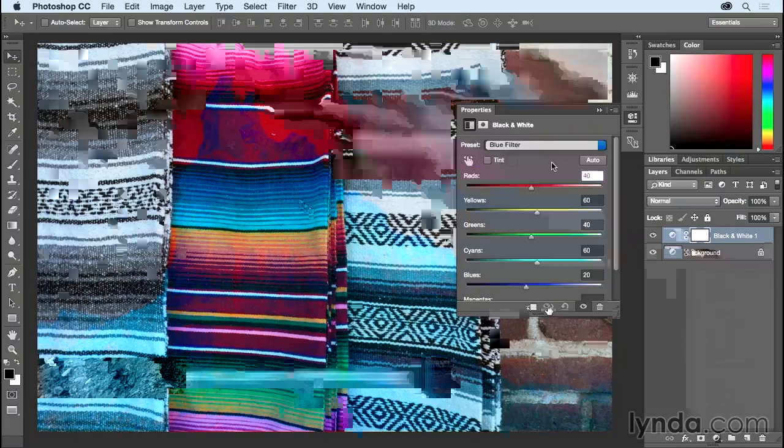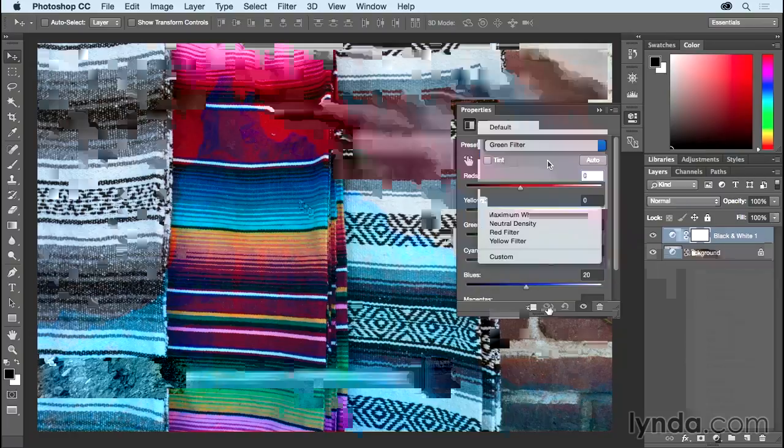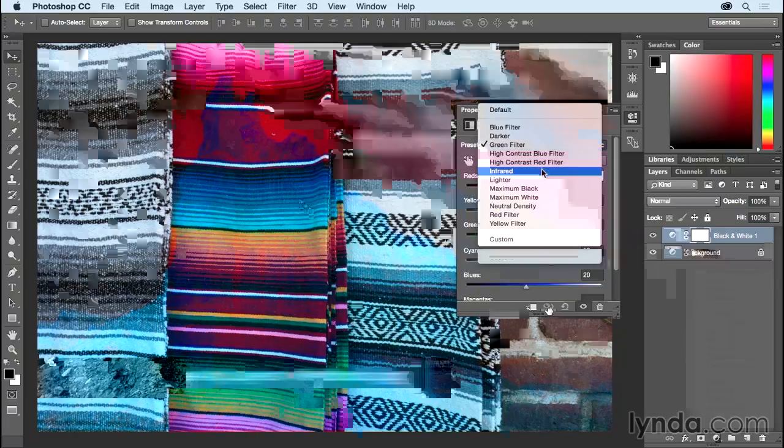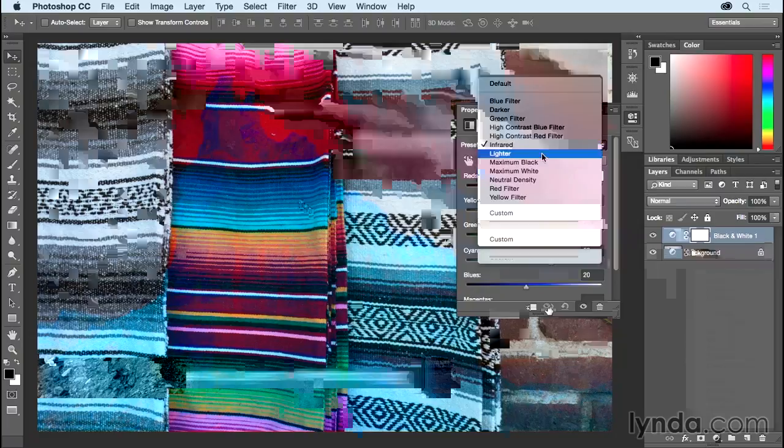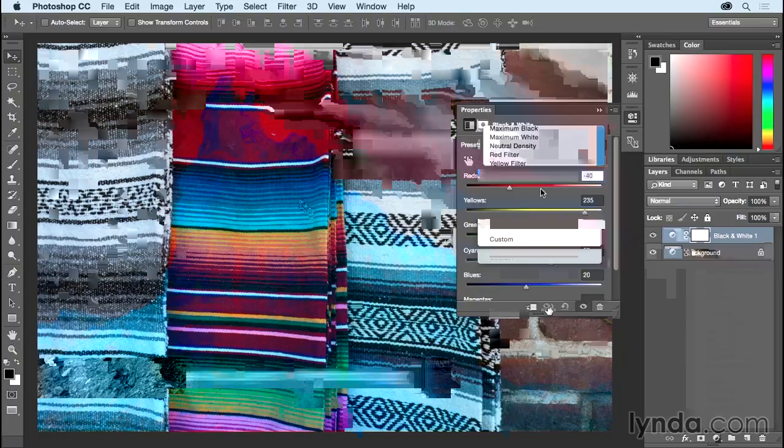For example, the blue filter, or maybe the green filter. There's an infrared filter, and also a red filter. Now, if you don't like any of the results here, we can always click to reset this. Then I can customize the way that any of these color ranges are converted to black and white by either using the sliders, moving them to the left or moving them to the right,